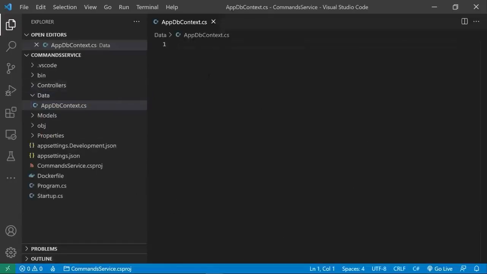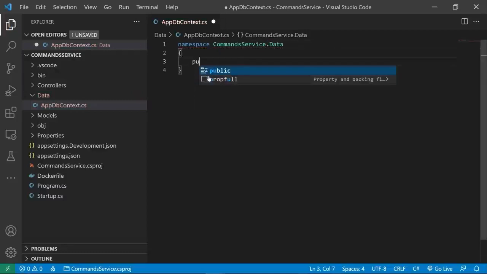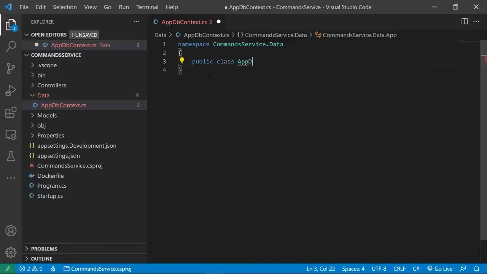And this is, well, the first bit is exactly the same as we have already done for our platform service. So namespace CommandService.Data, and we're going to declare a public class called AppDbContext, and it's going to inherit from DbContext. And we'll bring in that namespace with control period,